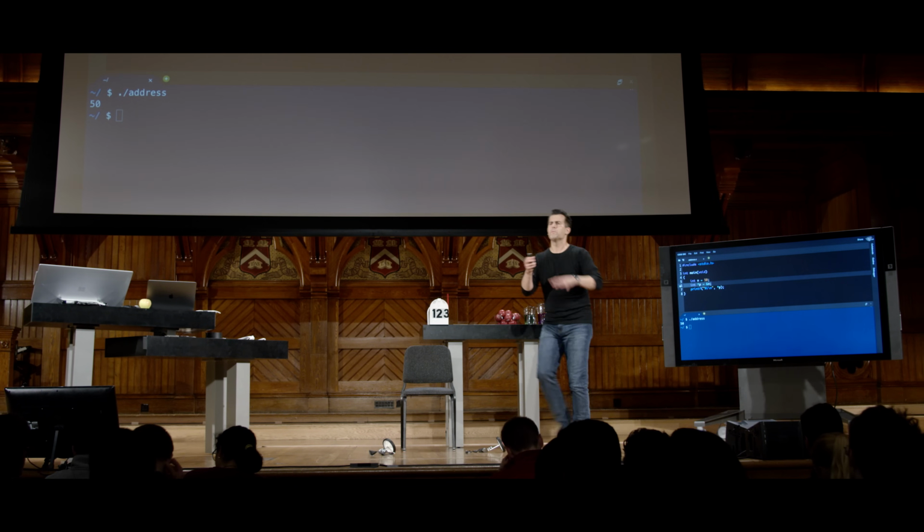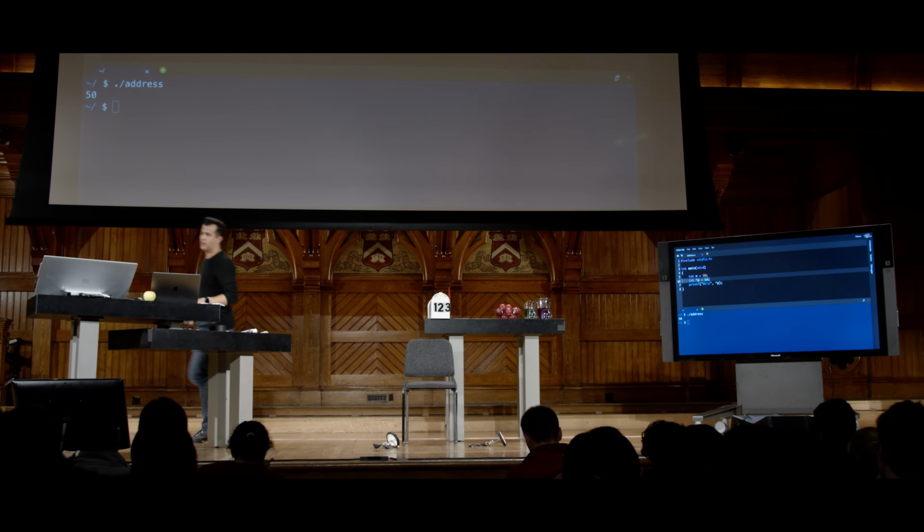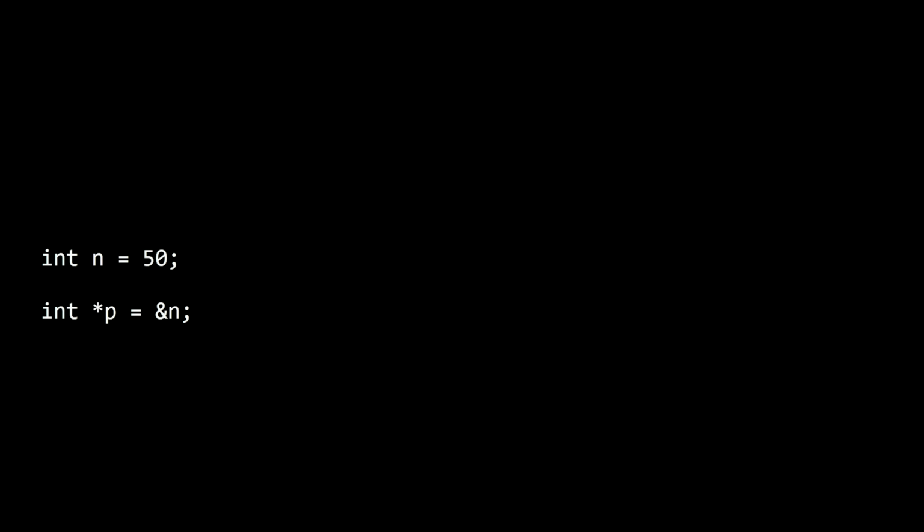All right, so let's make this a little more visual. So if this is, again, my computer's memory, let me go ahead and pull up the slide from before. And the goal at hand is to visualize really these two lines of code. Give me a variable called n and store it at 50, just like week 1. Then also give me a variable called p and store in it the address of n. That's now in week 4. What does this look like?